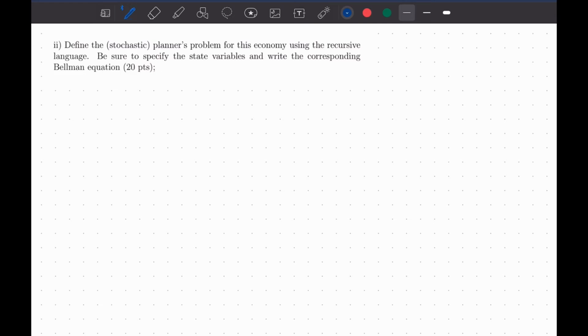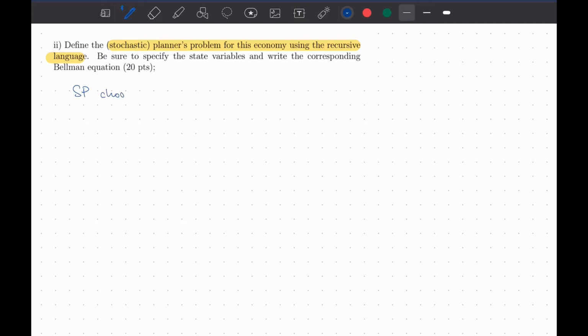Okay, so question 2 is pretty straightforward. We have to define the stochastic planner's problem for this economy using the recursive language. They're asking us to specify the state variables and write a corresponding Bellman equation. So basically, we have that the SP, social planner,